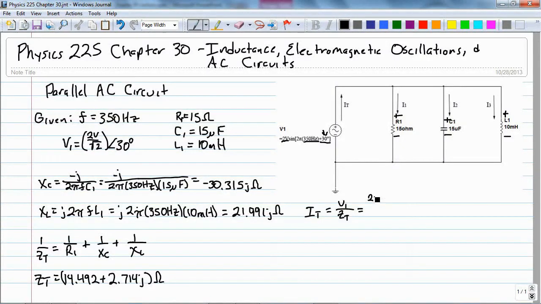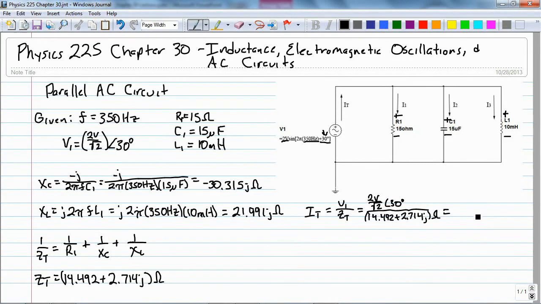That's 2 volts over square root of 2 at an angle of 30 degrees over 14.492 plus 2.714 J ohms,